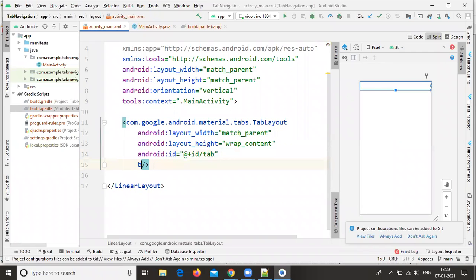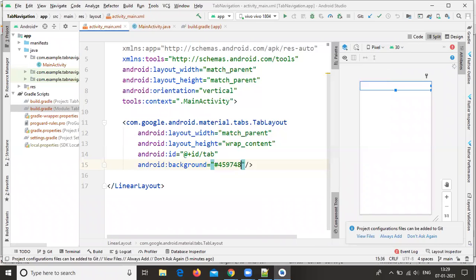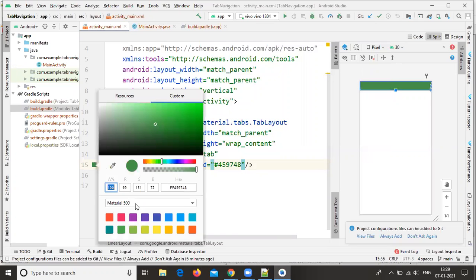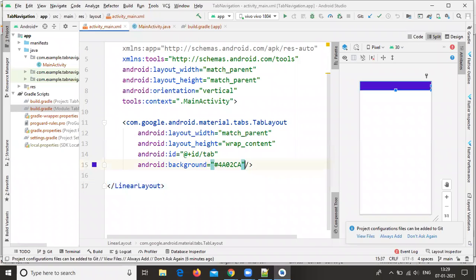So I want to implement the background color. In case you want to implement background, you just give any number like that. After that, click on this color palette. It will open, so you can choose any different color. If that's your interest, here I'm choosing this color. Later, I want to change the text color. By default, the text color is black. Now I want to change this text color to white.